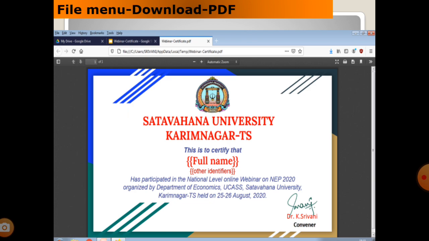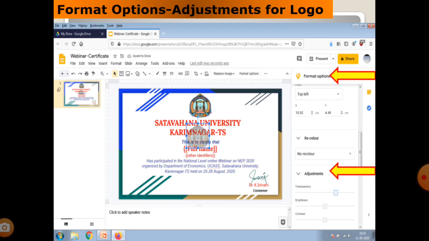Now I am going to change the background of my slide. This is the background logo. So how can we adjust the background logo in our certificate? Go to the format options, and when we click the format option, we get the adjustments.